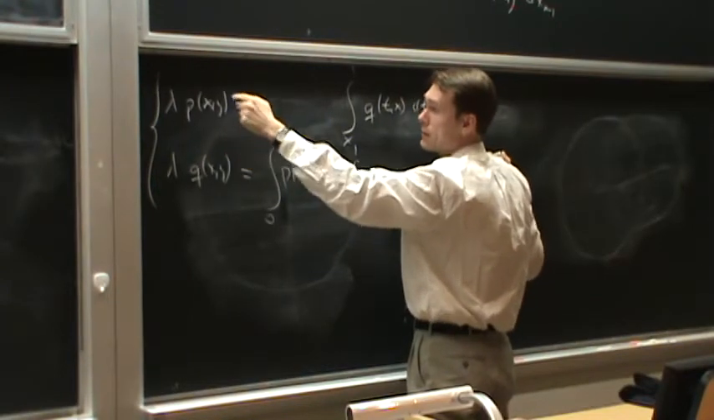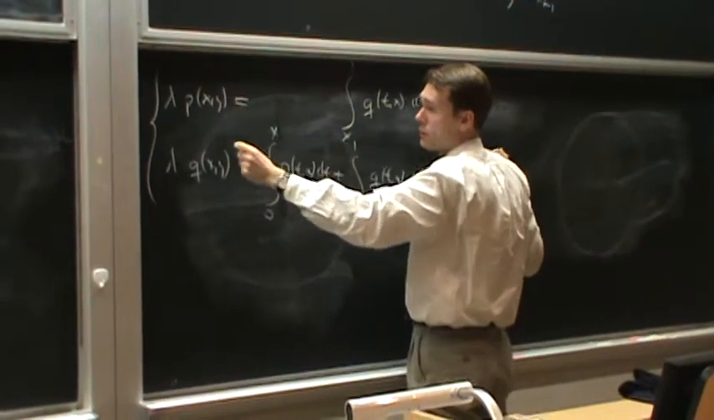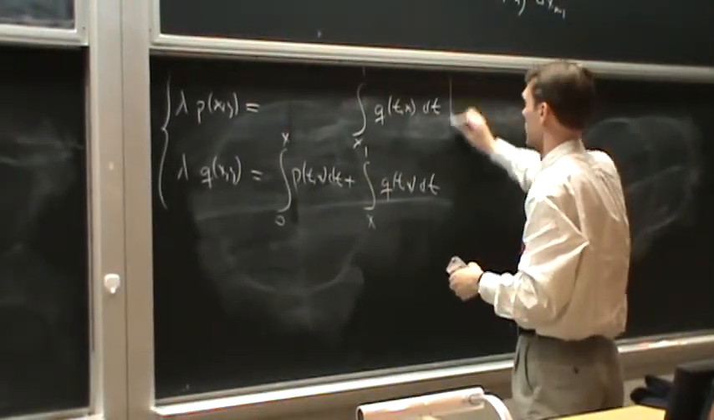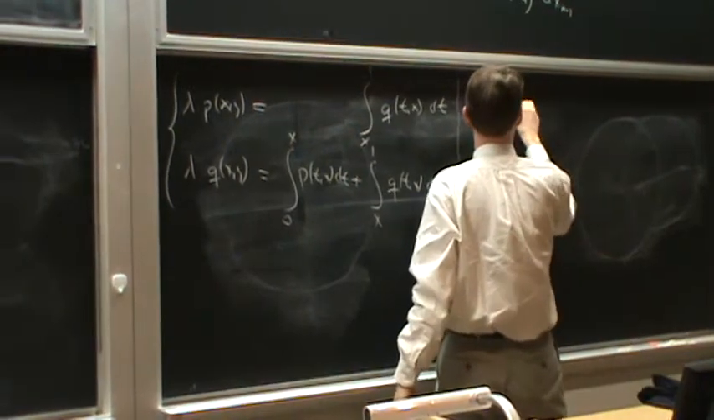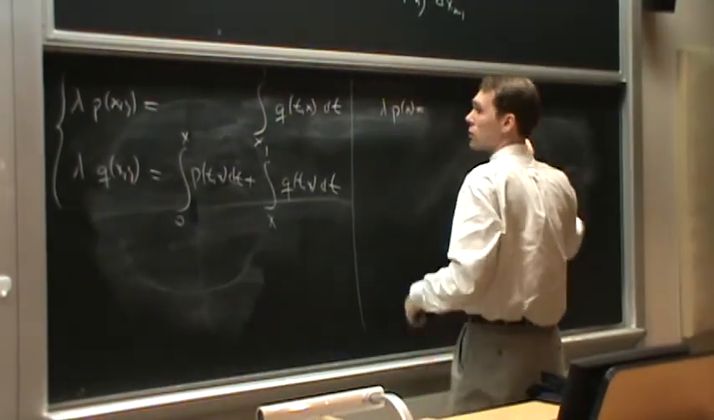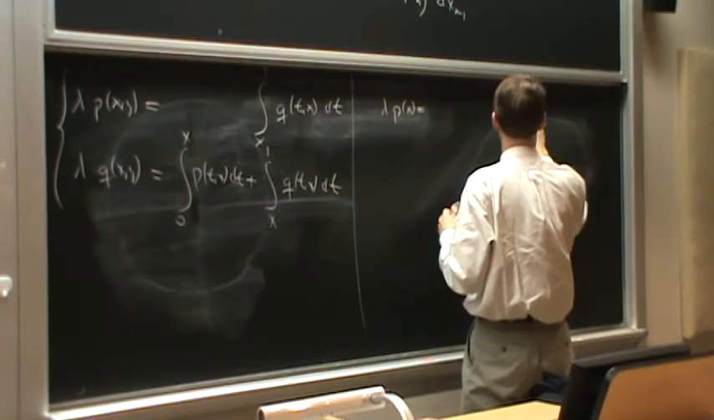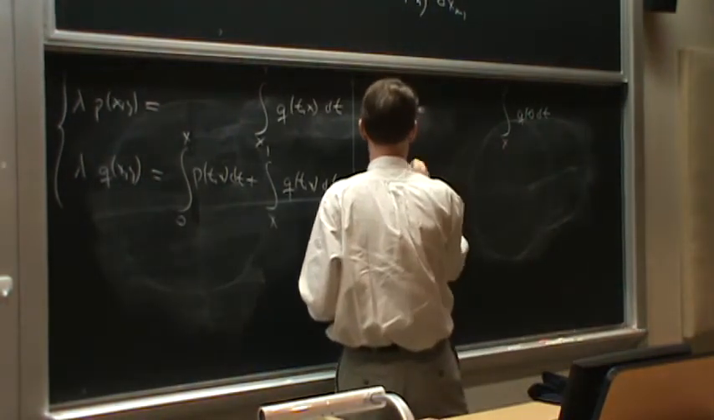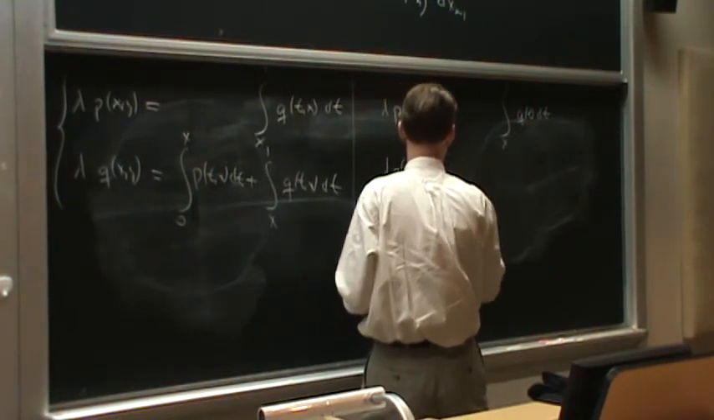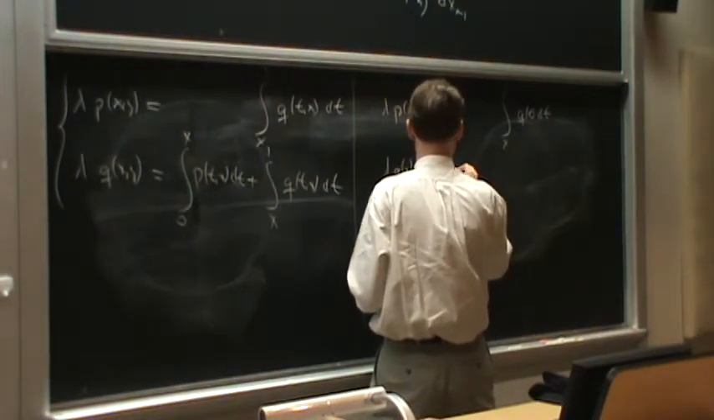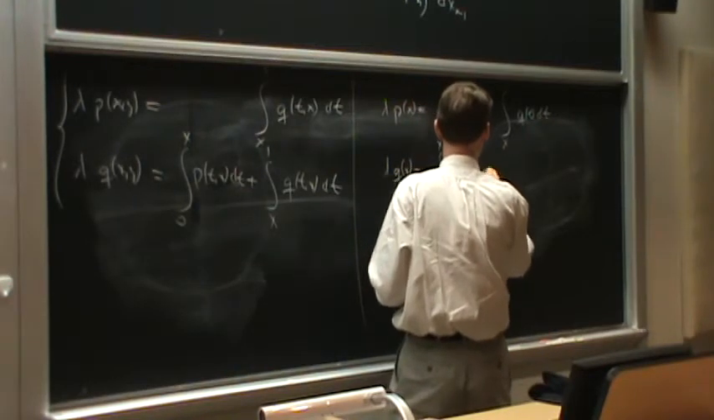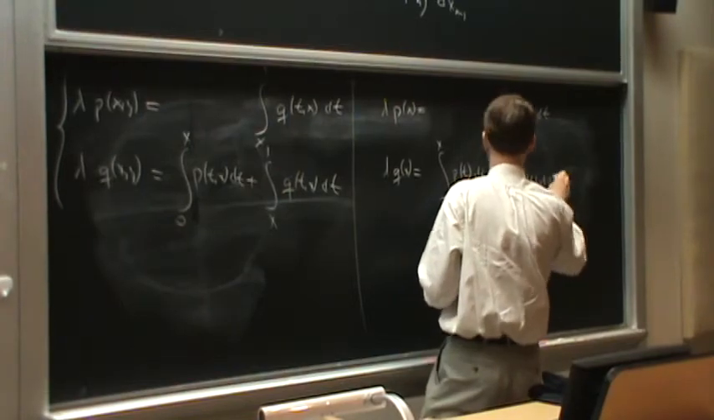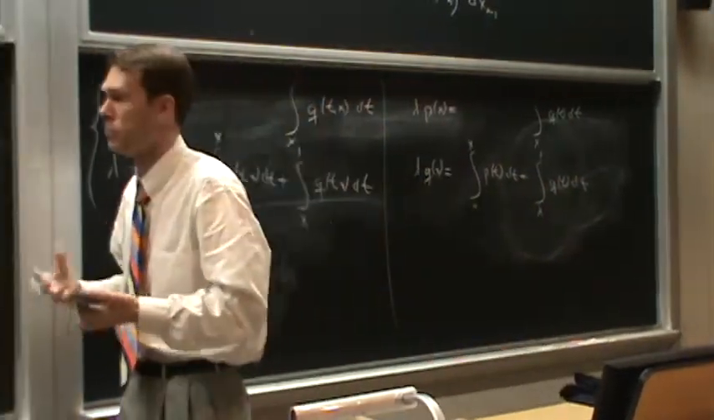So really, the second variable in the function p and in the function q just drops. So truly what I have is just that lambda p of x equals the integral from x to 1 of q(t) dt, and lambda q of x equals the integral from 0 to x of q(t) dt, that's the same thing here, from x to 1 of q(t) dt. So we had a problem